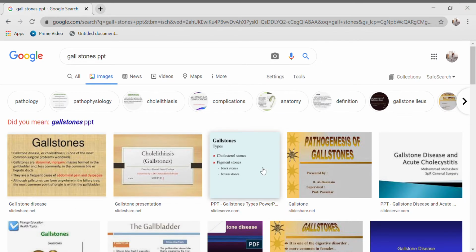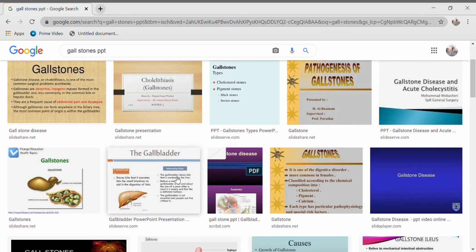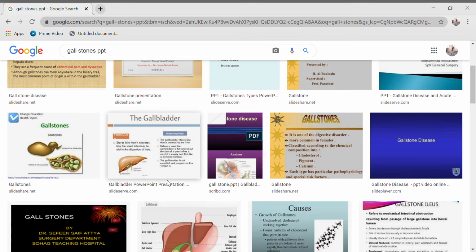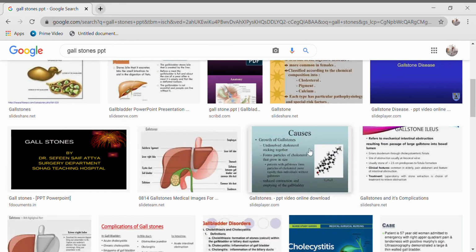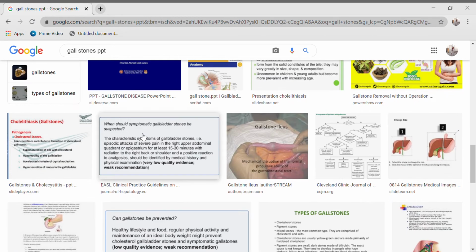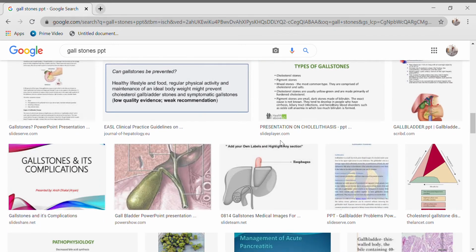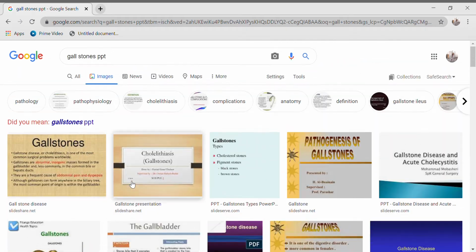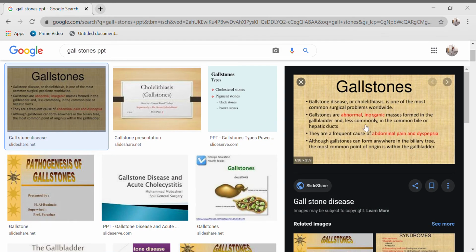So gallstones, if you can see, this is the gallbladder actually. So you can see about the gallstones. So here you have gallstones. So this is a clinical feature you can see where abdominal pain will occur in gallstones, and the gallstone is generally due to the clumped cholesterol. Okay, so when there is a more amount of cholesterol in the body, and if that cholesterol gets clumped, we get the gallstones. Okay, generally the patient acquires a gallstone due to the clumped cholesterol.